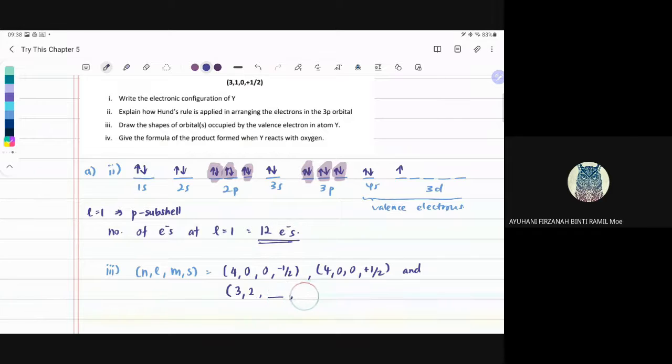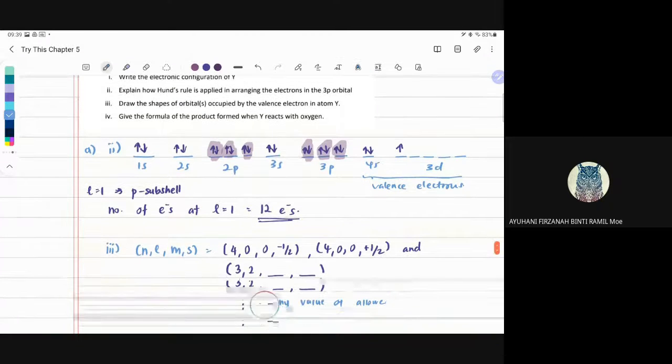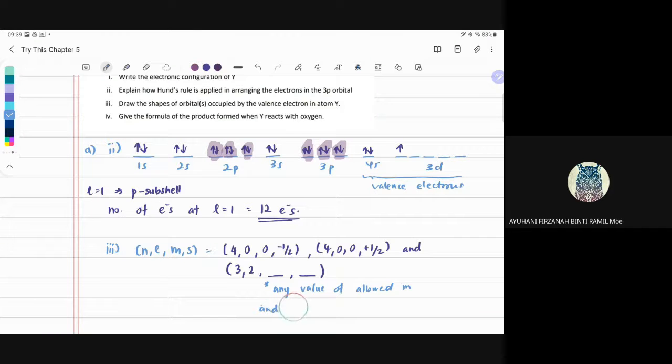Kemudian boleh pilih mana-mana. Any value of allowed M and either S equals to negative half or S equals to positive half. Boleh pilih mana-mana salah satu. Dan ini boleh pilih mana-mana value. Sebab ini boleh jadi negatif 2. Boleh jadi negatif 1 M dia. Boleh jadi kosong. Boleh jadi positif 1. Boleh jadi positif 2. Okay. So that would be soalan nombor